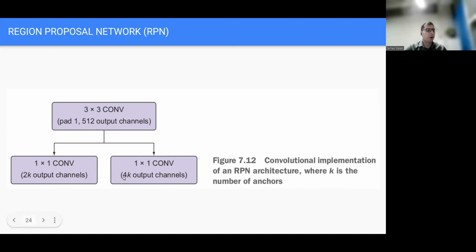Since I need 4 elements for each, remember, x, y for the center, for example, plus width and height, that's 4 times 1,000. So this gives me 4,000 output channels.